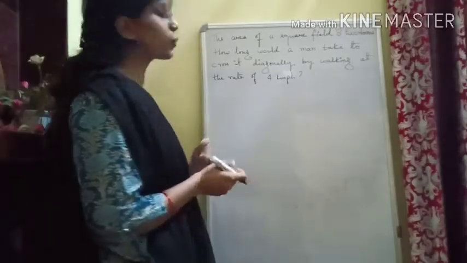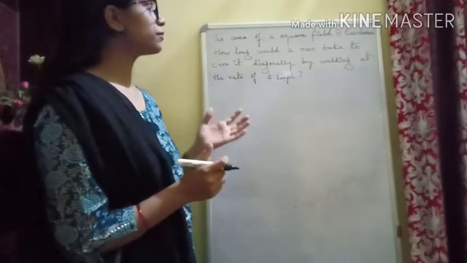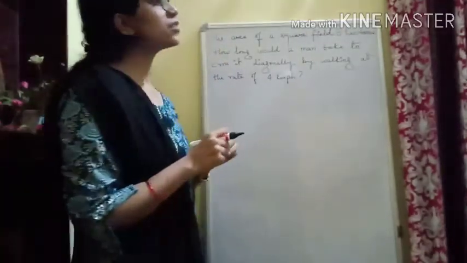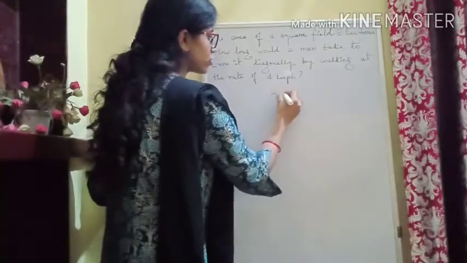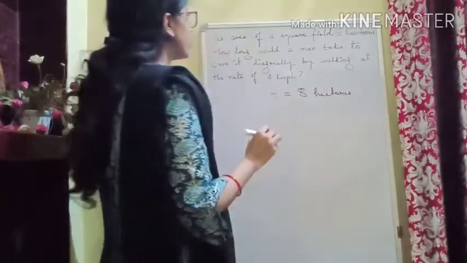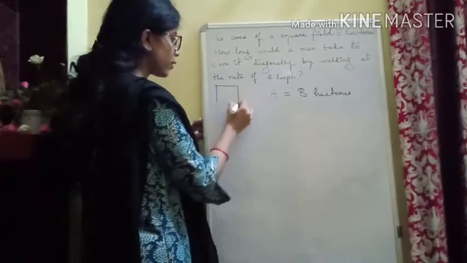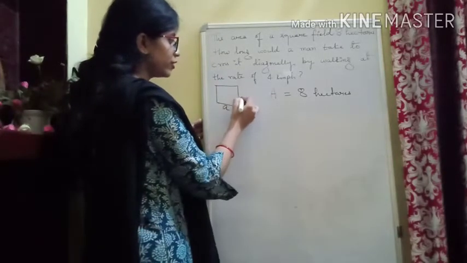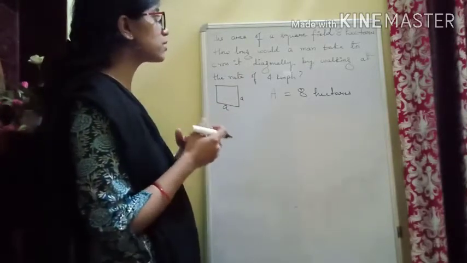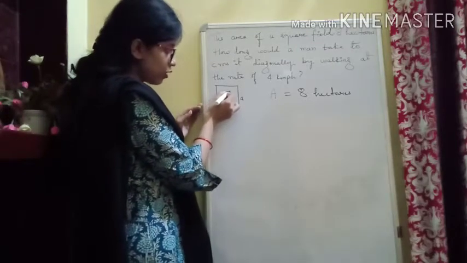Okay, here we have our next question, question number 21. The area of a square field is 8 hectares. Okay, I have to write this. The area of a square field is 8 hectares, given. Okay, how long would a man take to cross it? Since it is a square field, let's say the side of the square field is A, so all sides will be A. How long would a man take to cross it diagonally? A man is actually crossing this square field diagonally. This is how he is crossing it.